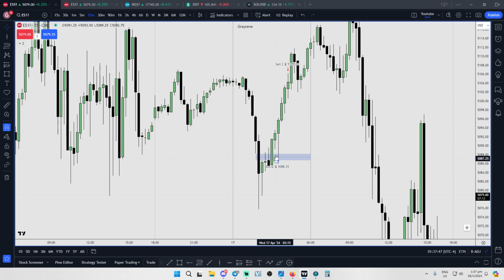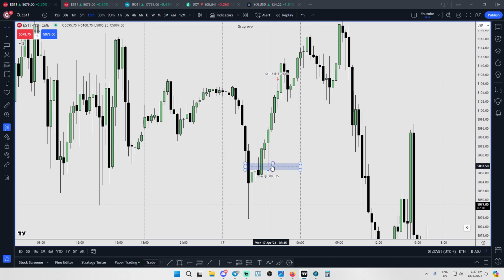Right, so I entered off this high of the inversion fair value gap, and I was targeting Asia's high, right? But I took an exit right around here because time was up, right? My stop loss cutoff time was 4:30. So, by I think 2 minutes before 4:30, I closed the position because it was not willing to run above these highs. I mean, it ran above these highs, but was not willing to